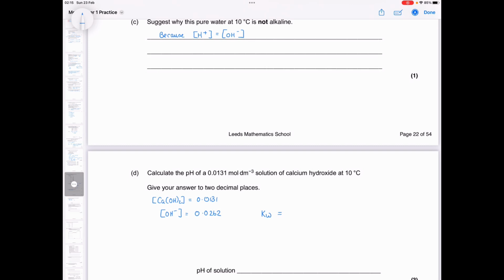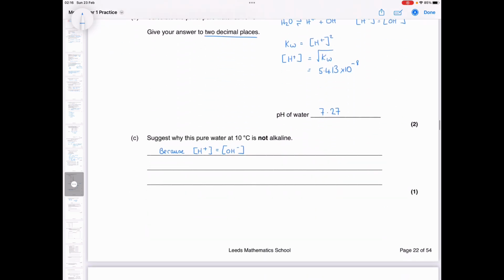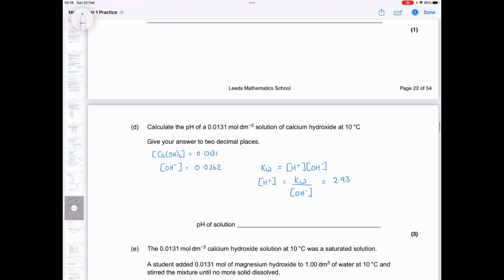Kw is equal to H plus times OH minus. So H plus, trying to calculate, is equal to Kw over OH minus, which is equal to 2.93 times 10 to the minus 15, divided by 0.0262, which is 1.118 times 10 to the minus 13,